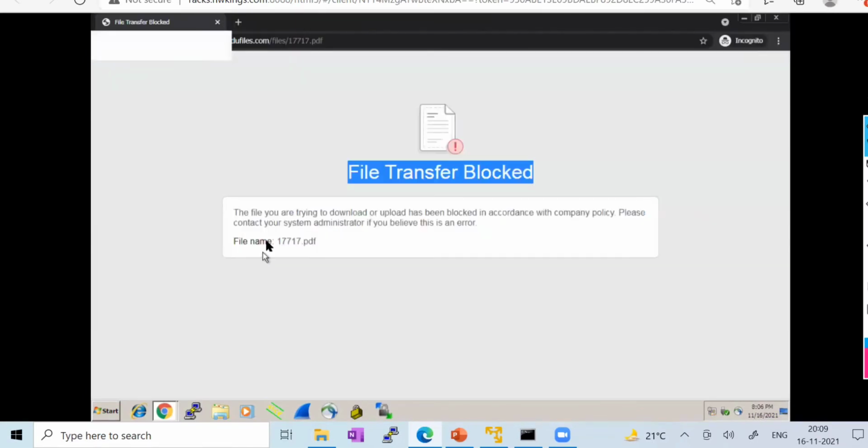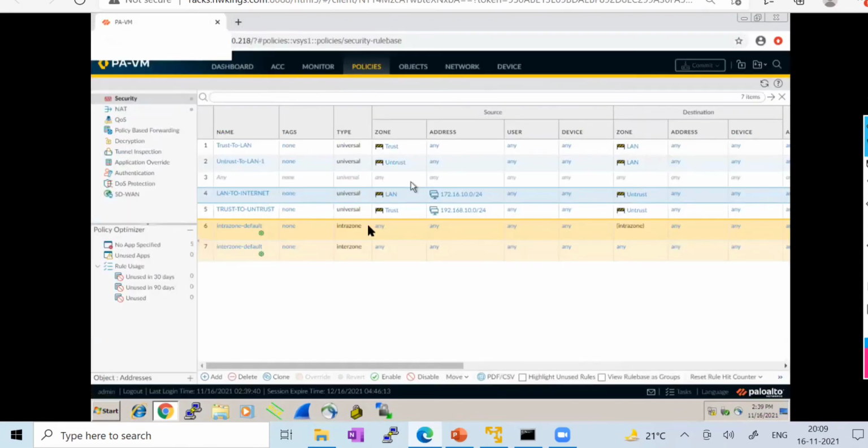and earlier it was going on downloading because the session was initiated earlier. So if we want to see the logs,